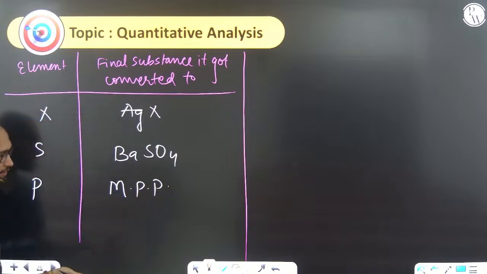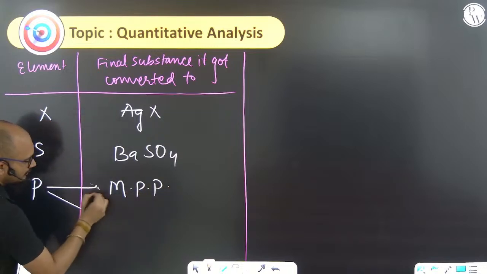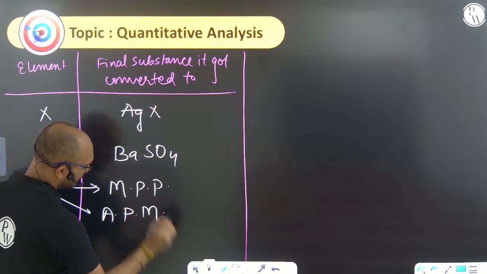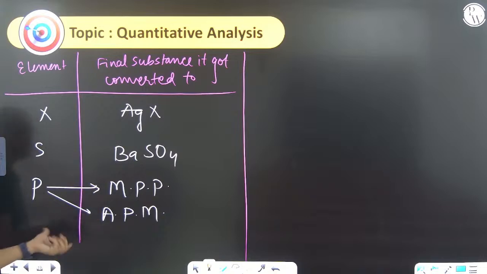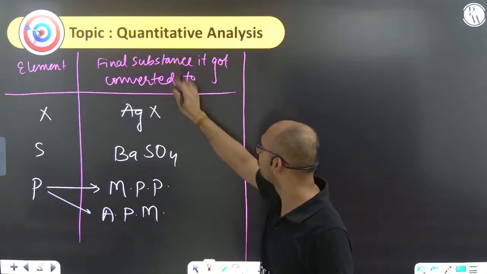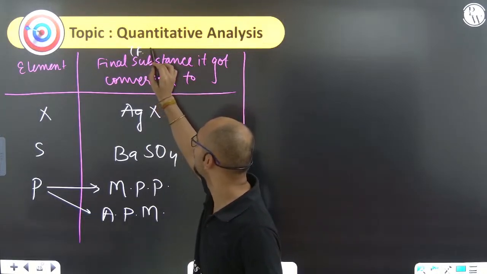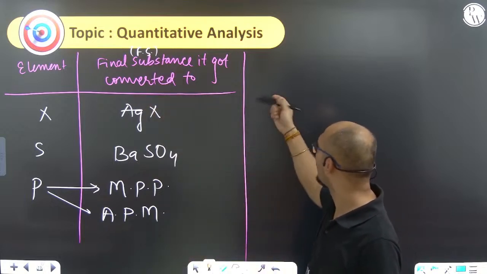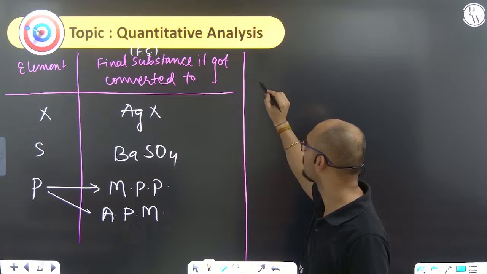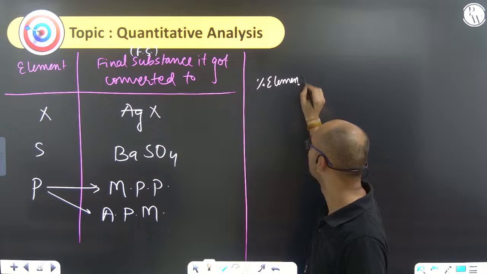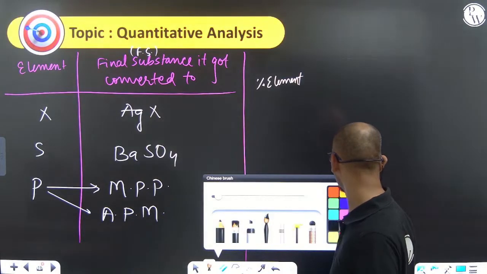Generally it will give magnesium pyrophosphate or ammonium phosphomolybdate, APM. Either this or that will be given. Okay, no issues. Chalo. So what are the things that you have to keep in mind? It is the final substance. Final substance ko I will call FS. What is the formula that I am giving? Always remember, percentage of element. Consider करो कुछ चीजें पहले ही मान लो कि